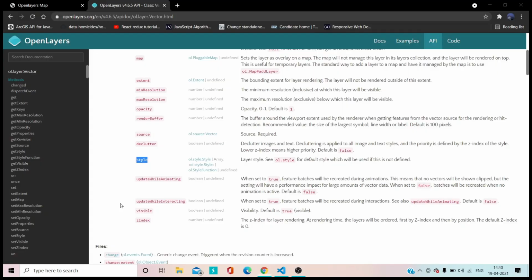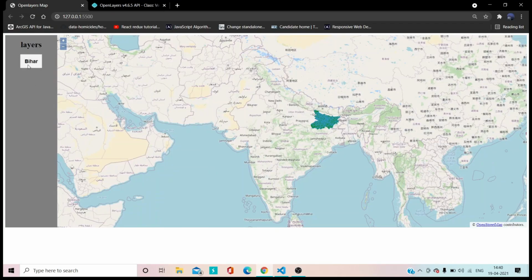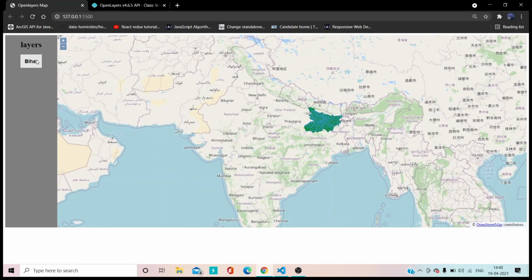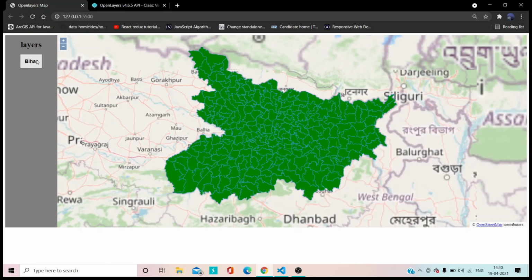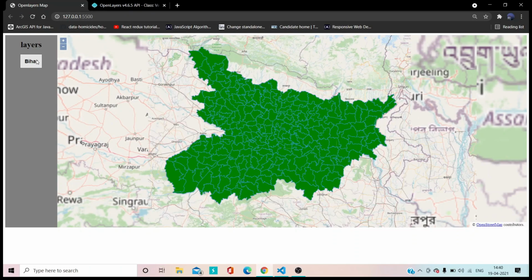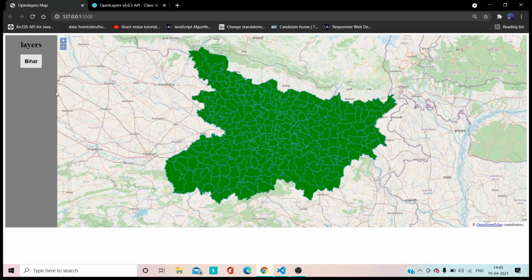Now let's refresh and see. Yeah, we got it. Once I click on the behalf, yeah, it's working fine. We have given the color and the stroke. Now let's try and add something. See, once I go over my JSON, it is not identifying whether it is a different layer or not. So my objective is to change the cursor.